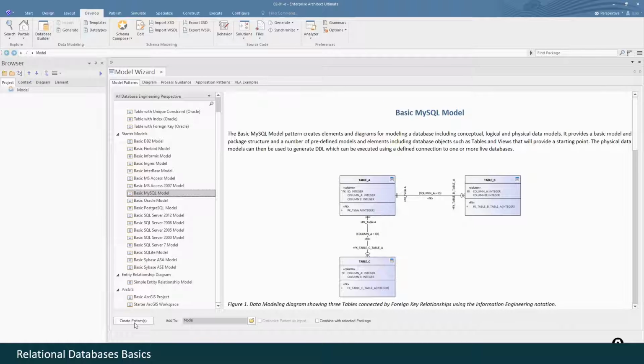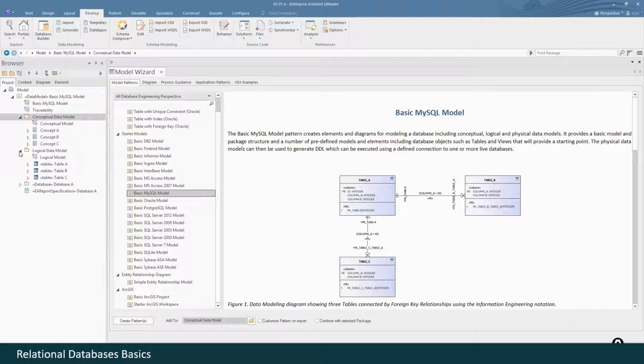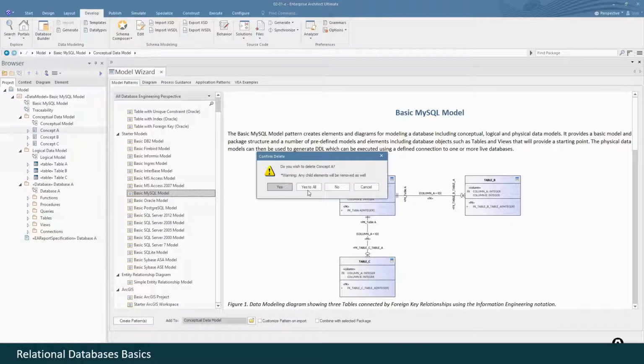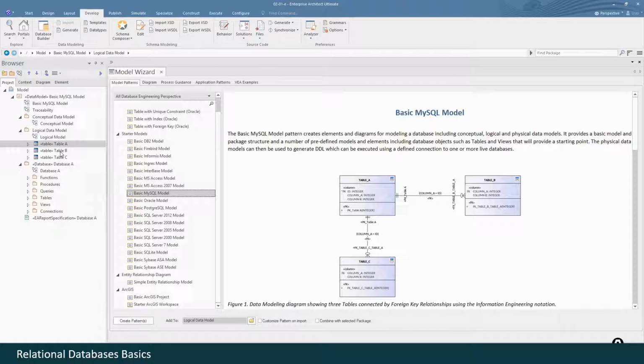Then we have to click Create Patterns. Here it is, all set. Here we see conceptual level, logical level, physical level. It's not important for our purpose which level we work with. We only have to eliminate those stub objects. So let's delete them all.